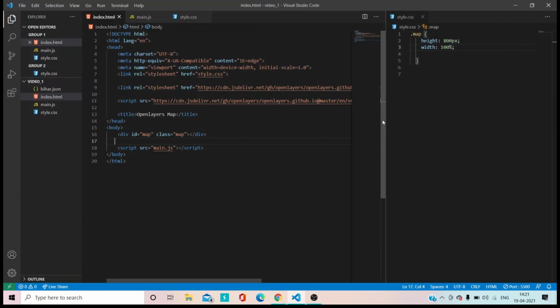First, I will create a div element so that I will have two div elements on my map. So div, let's give id as layers.